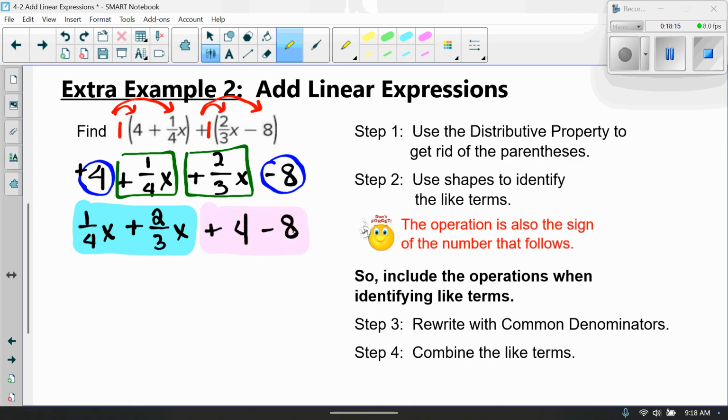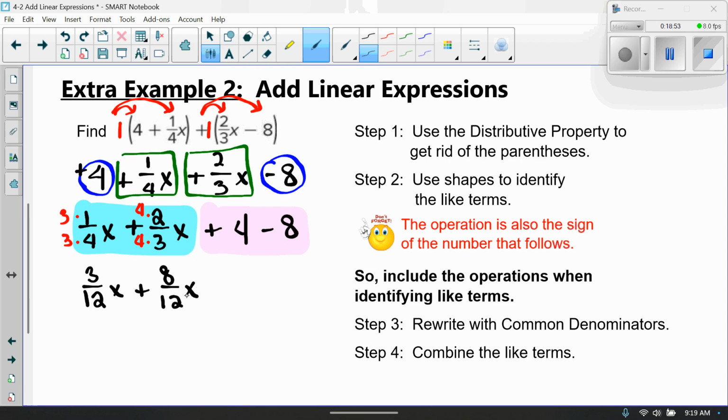Now, with the variable terms, we need common denominators because there's fractions there. The common denominator with 4 and 3 is 12. So we're going to multiply the numerator and the denominator of the first one times 3, and the numerator and the denominator of the second one times 4, because that's going to be 12 in the denominator. So that gives us 3/12 x